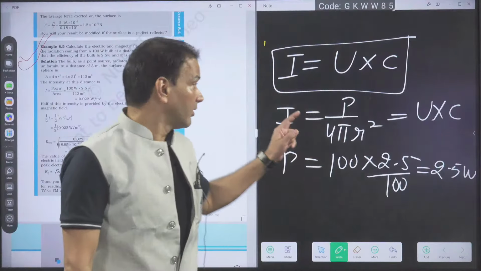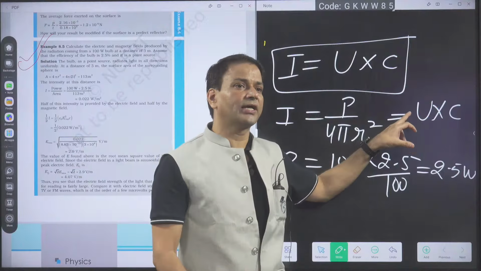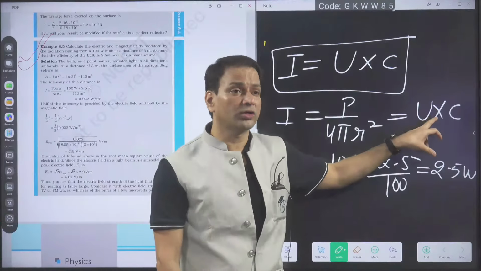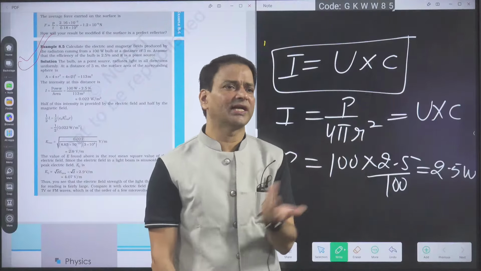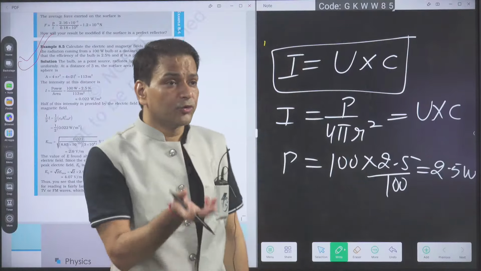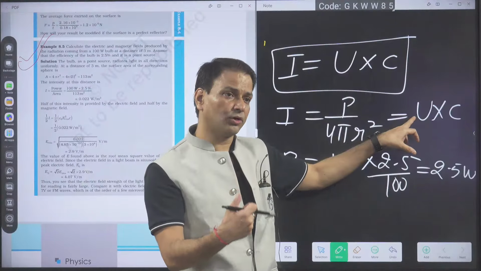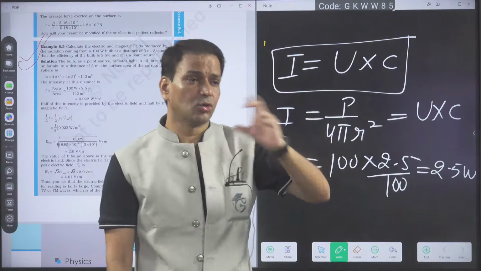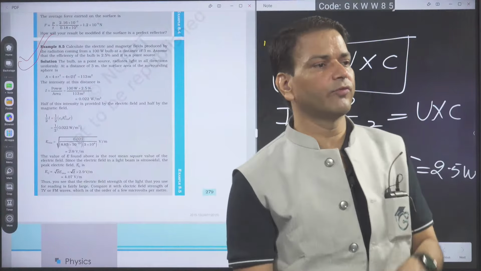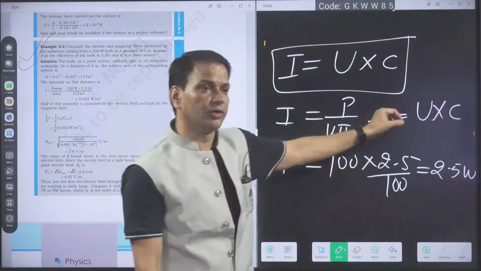Okay. If you want to find the electric field peak value, then total energy density you will write half epsilon naught into E naught square into C. Then you will get E naught. If they are asking RMS value, E naught by root 2. If you want magnetic field, then this U, what you will put? B naught square upon 2 mu naught. Because what I said, total energy density we can write in the terms of E naught and B naught. Okay. So what they are asking, according to that you will put here.